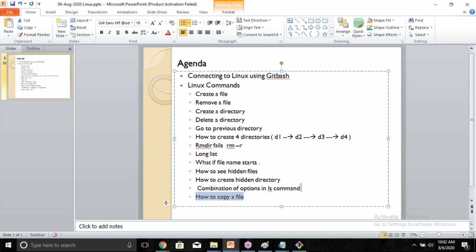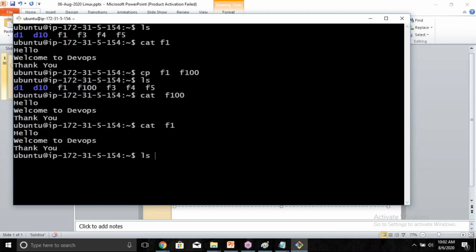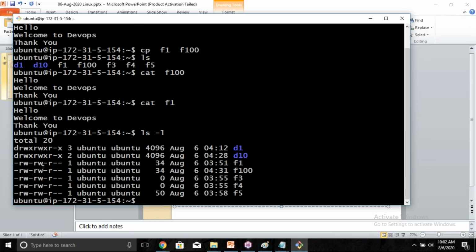Our plan for tomorrow is to work with permissions. We know files have some permissions. You can see in the long list we have some permissions, rwx, which stands for read, write, execute. Yes, we can see permissions. How can we work with permissions? We can give the permissions, we can remove the permissions. How to deal with permissions is very important.